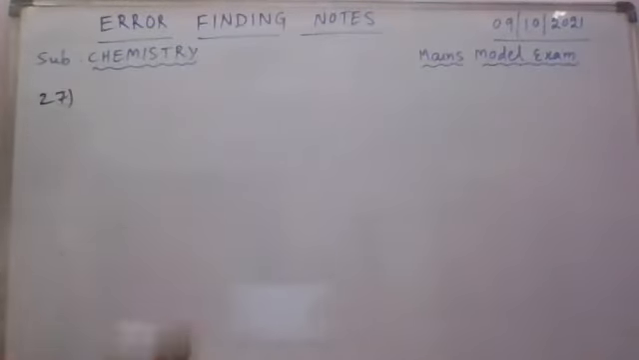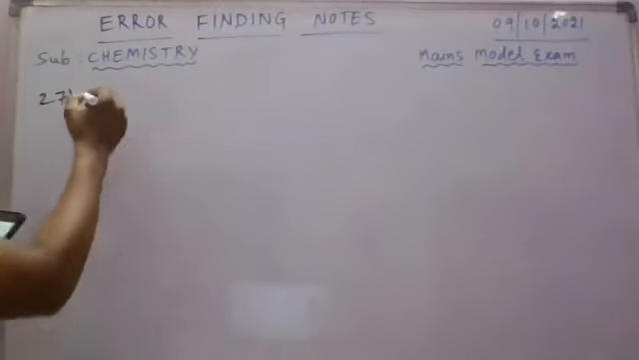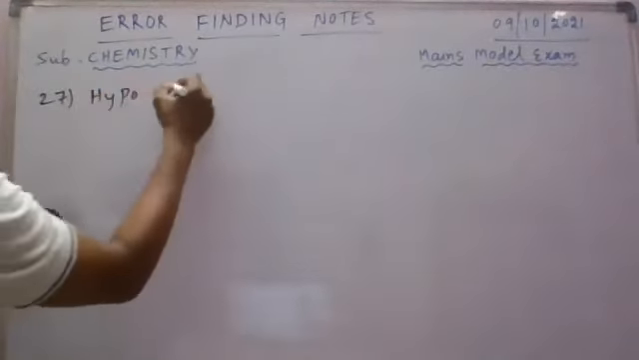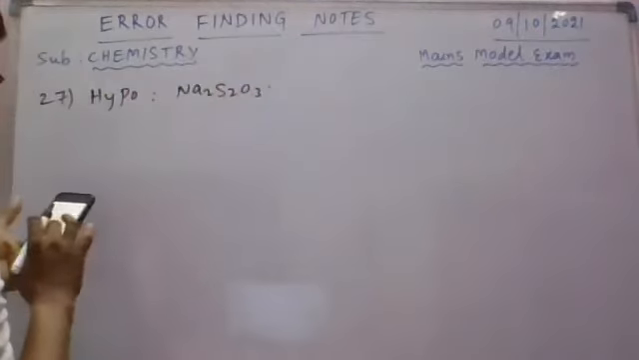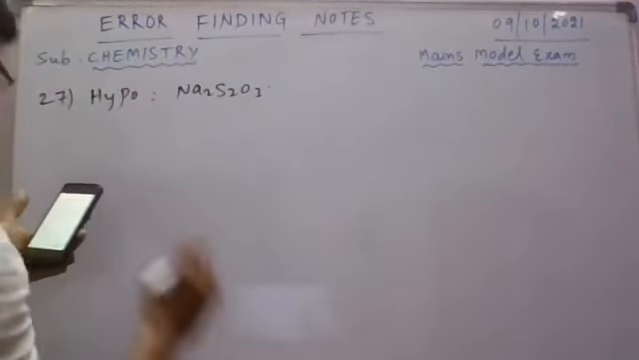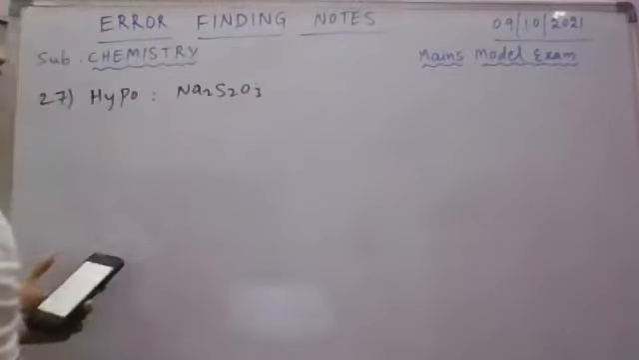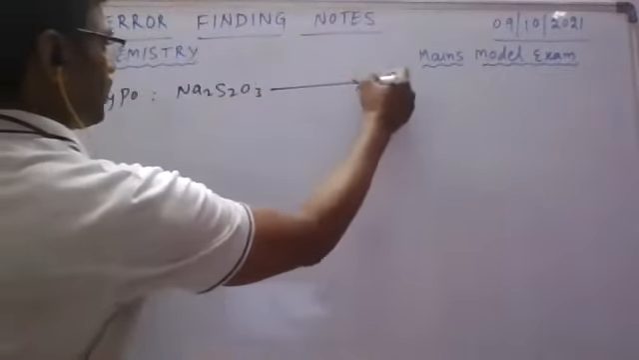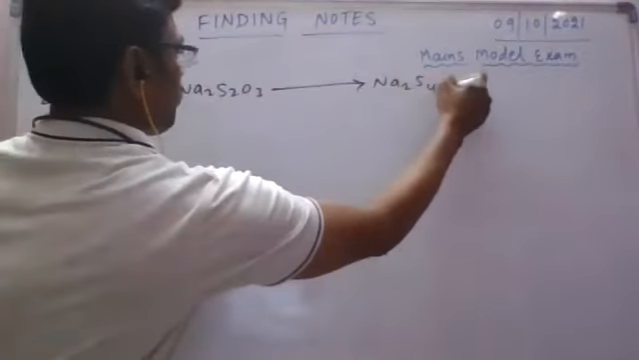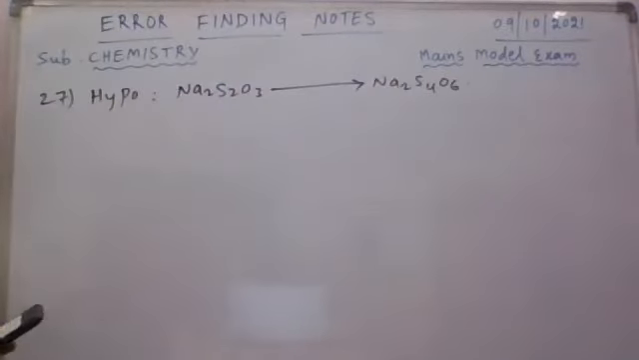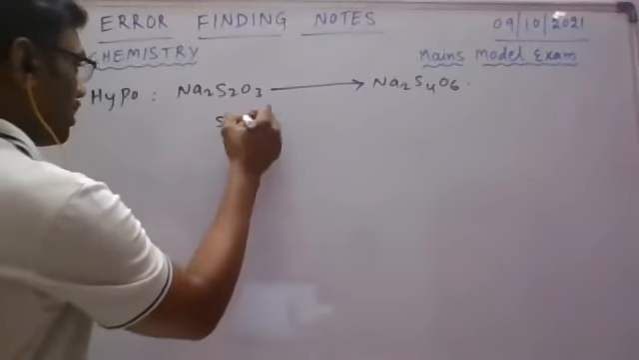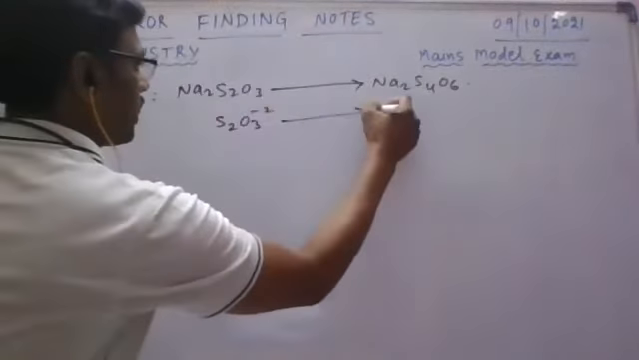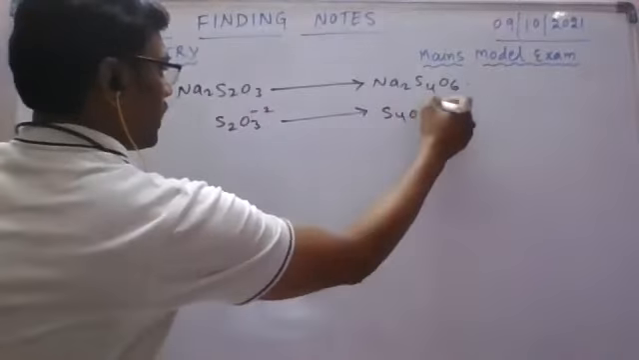Question number 27. Here equivalent weight of hypo. Here the formula is Na2S2O3. Here the conversion is given as Na2S4O6. Check the conversion. Here thiosulfate S2O3 minus 2 is converted to tetrathionate